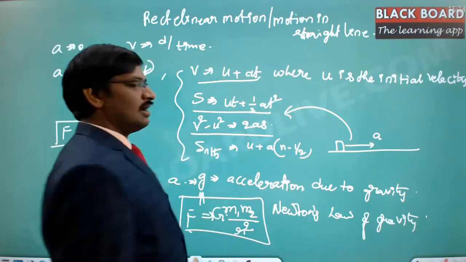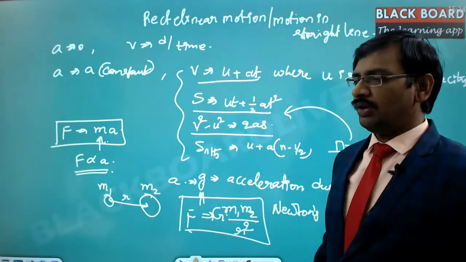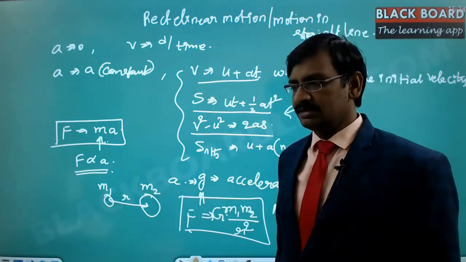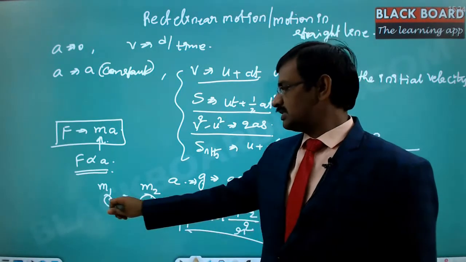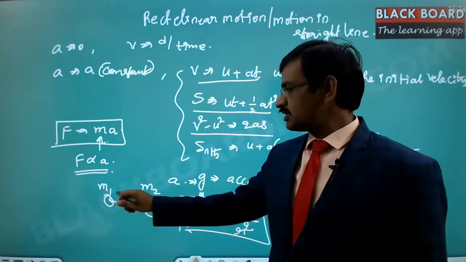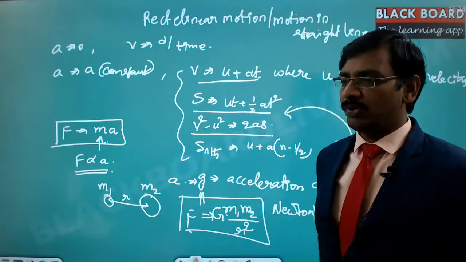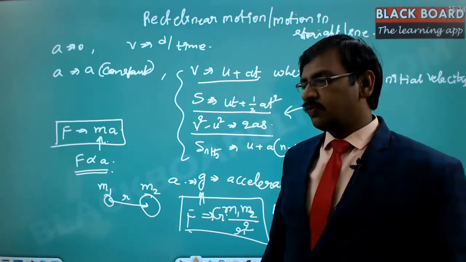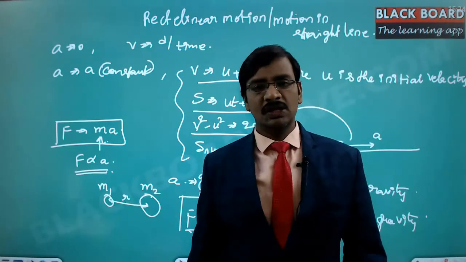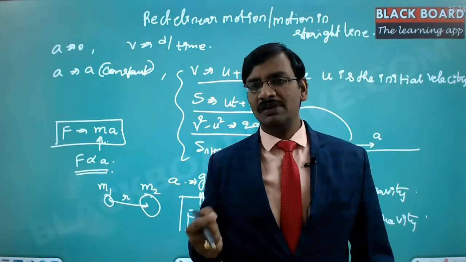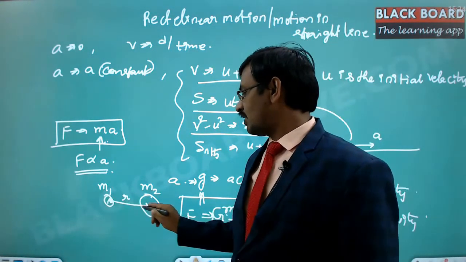Now this Newton's law of gravity states multiple things. One point is, if there are two blocks of mass, there always exists a force between those two. This is M1 and this is M2, and the force between them always exists. The second important point is that the force is always attractive. There is nothing like a repulsive force. The force between two masses is always attractive, and the force is always in the line joining the center of mass of these two blocks.